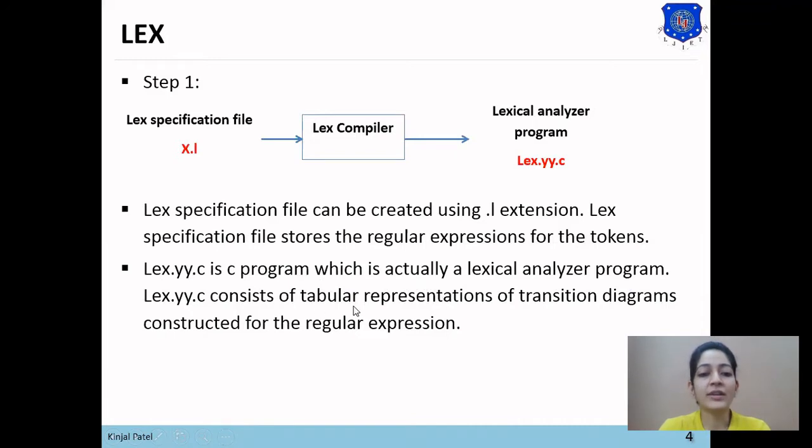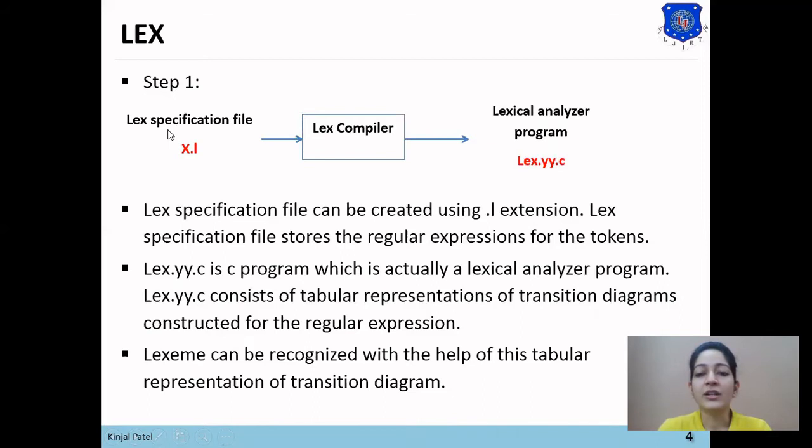It consists of a tabular representation of the transition diagrams constructed for the regular expressions. So the Lex compiler converts the regular expressions for the tokens into transition diagrams, and these transition diagrams are used to recognize the lexeme. The lexeme can be recognized with the help of this tabular representation of the transition diagram, so we can find the number of tokens from this lexeme.